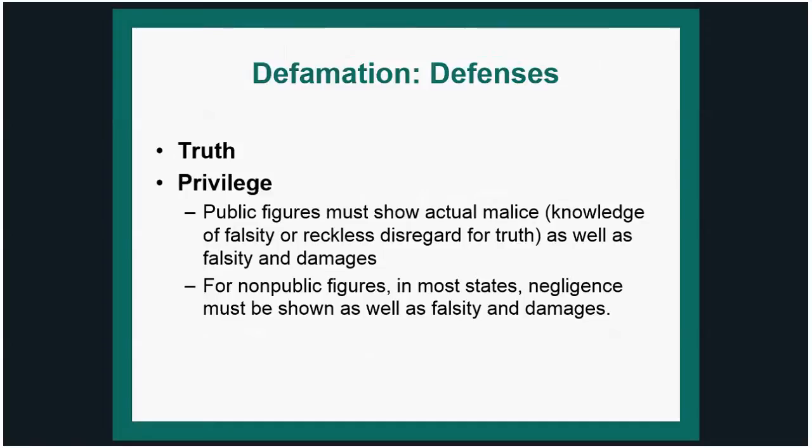falsity and damages. Meaning, if you are a public figure, if you are first a public official, a governmental official, then if you're a public figure, a couple of cases came out, a celebrity or somebody well known, and then it extended to people who are well known because of some sort of situation. Those type of people who have a lot of media attention to them, somebody who is well known, not only has to show actual malice, that the person who committed the defamation, the libel, or the slander actually did it knowing that the information was false, or reckless disregard for the truth,